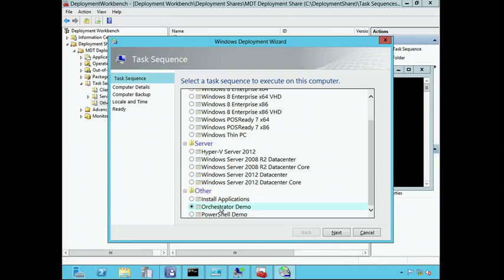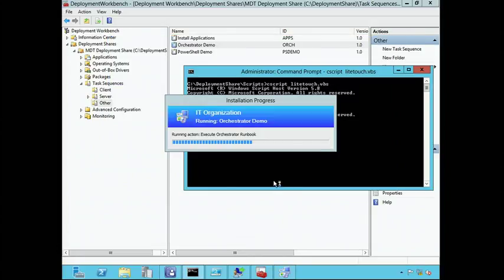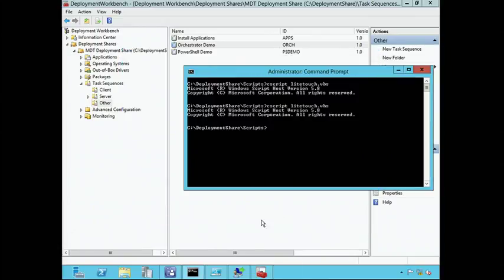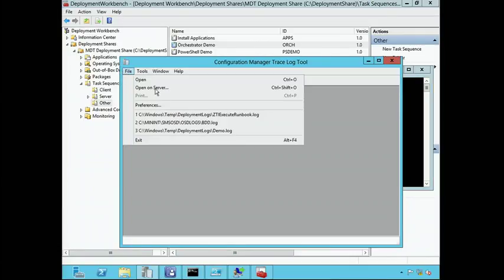So there's my orchestrator task sequence, and we can kick that one off. It talked to Orchestrator, told it to run the runbook. That runbook completed very quickly and has already returned control back to this machine. So a very fast process to go through. We can look at the log that we created as part of that process,